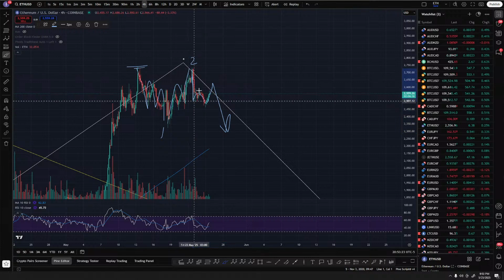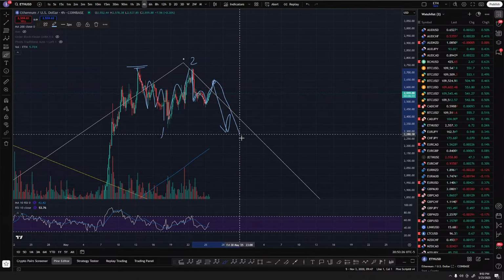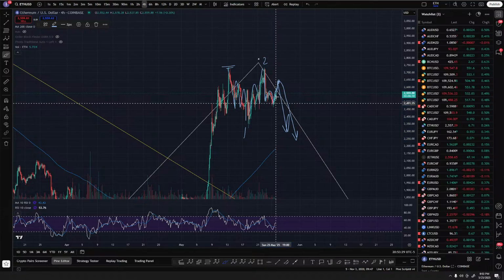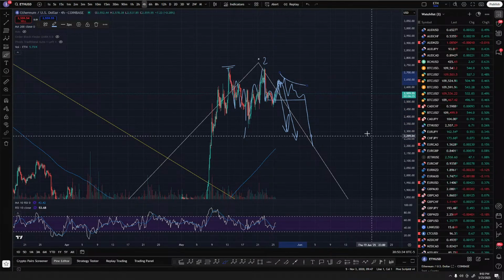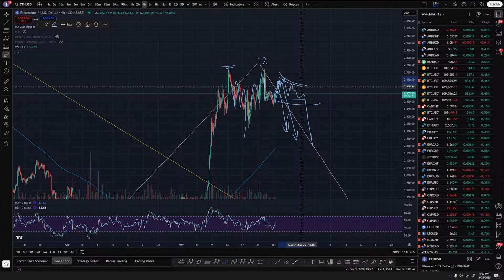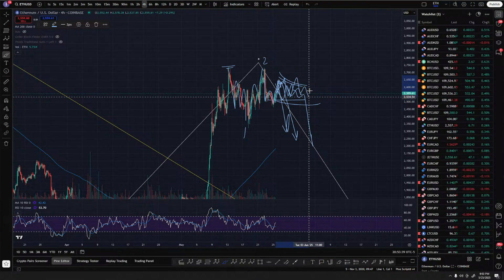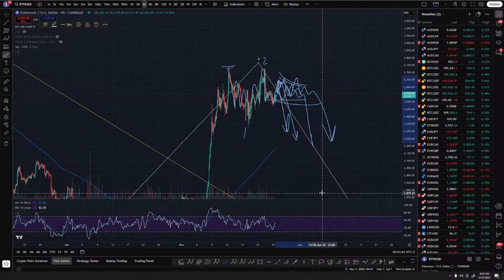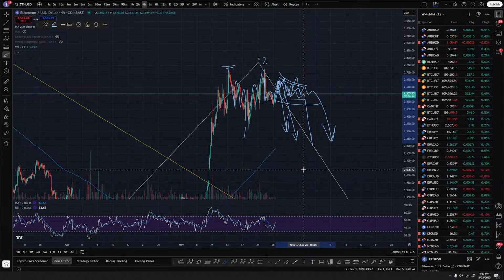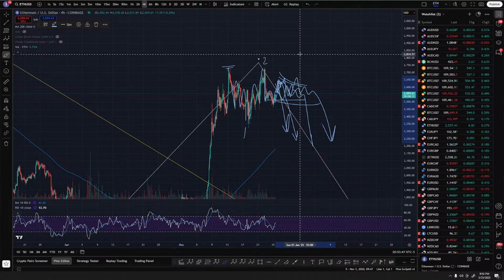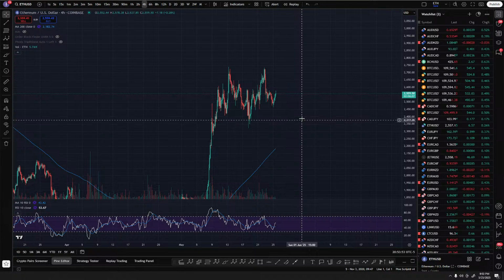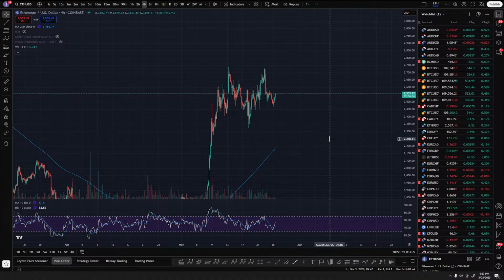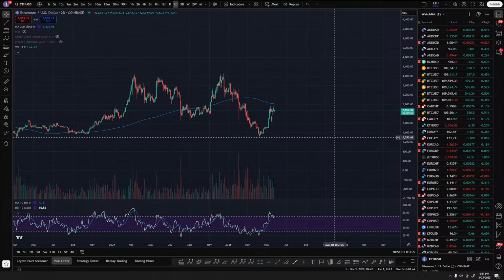This is impulse, 3 waves, looking for more down. Whenever this finishes, looking for this to flag out over the next week or so. This is probably going to flag out here over the next week, and then we're going to play around in here, liquidity, and then boom. So that's what I expect to see. That's what I'm looking for on Ethereum. That looks really, really good. So that's the way I'm counting